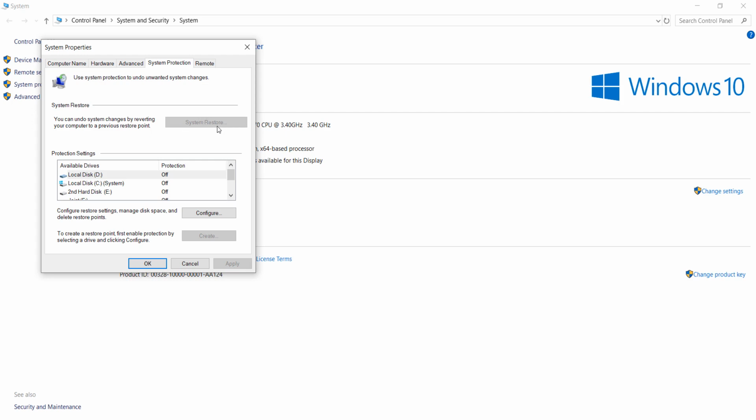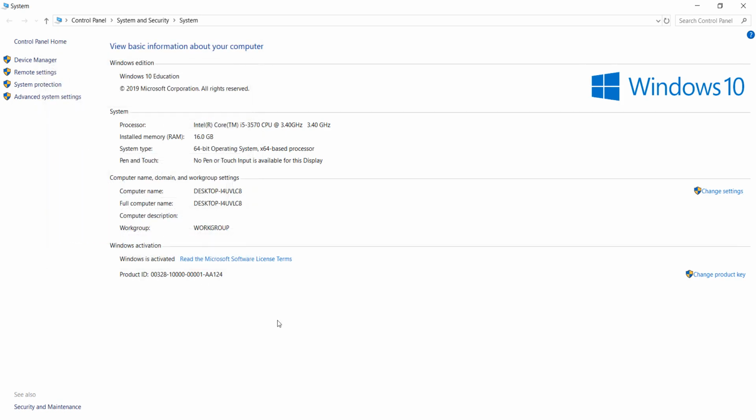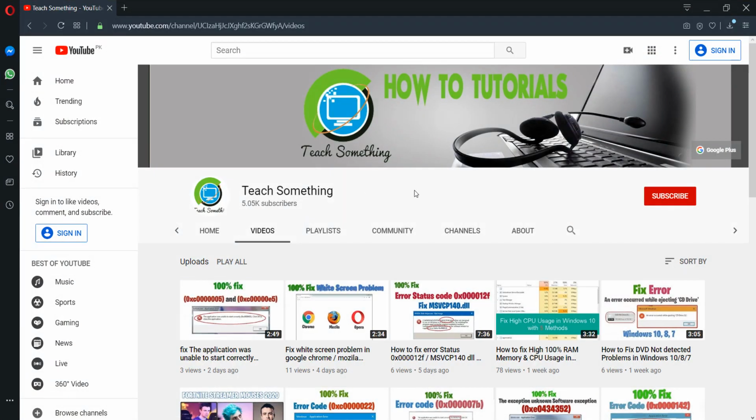on System Restore. In my case it is disabled because I am not facing this type of error, but you can click on System Restore, and it requires a few seconds to complete. After doing this step, once again restart your computer, and I'm sure that after doing this step your